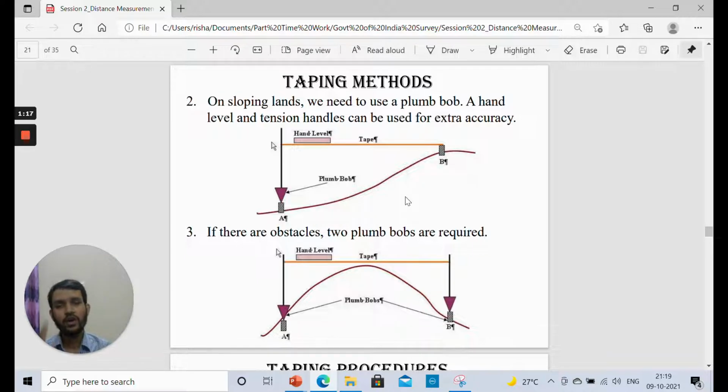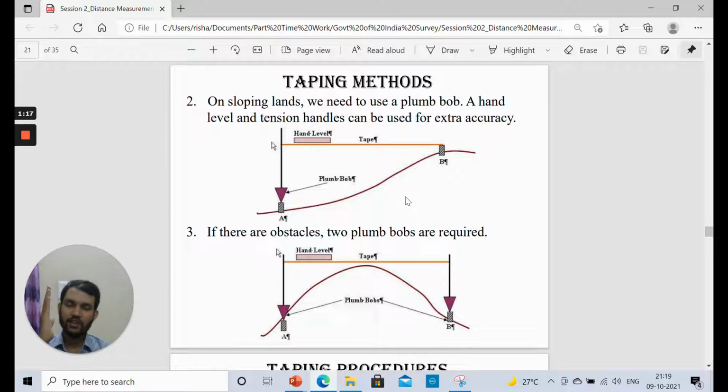Okay, and at times if it gets difficult, then we have many other strategies. We will try to split it into two different parts. The first part we will keep from station A to the topmost point of the hill, and the second part from the topmost point of the hill to the other station. Okay, we will measure this. Suppose the topmost point is X. From A to X we can measure the horizontal distance using the same hand level, but this time the plumb bob technique will have to be used only on one side.